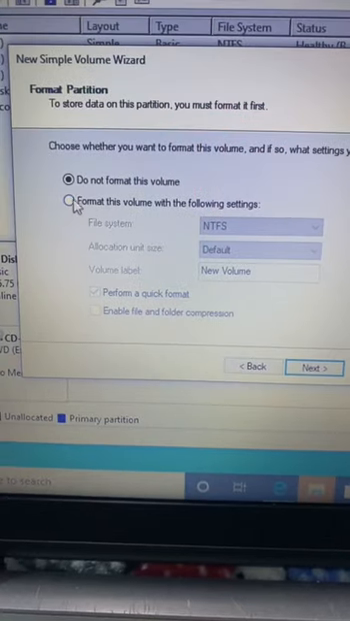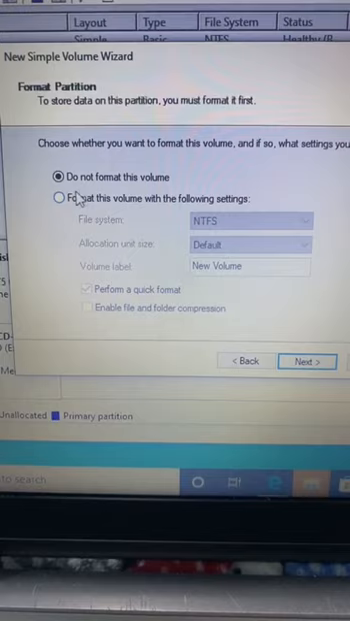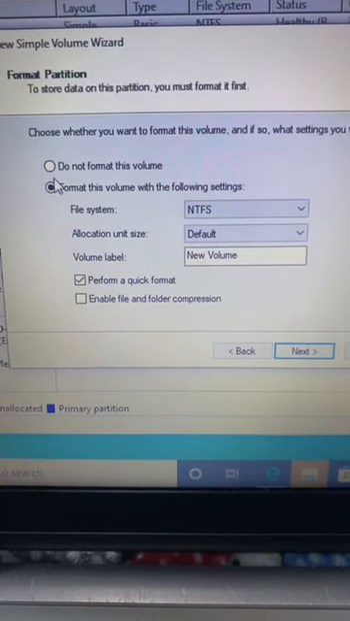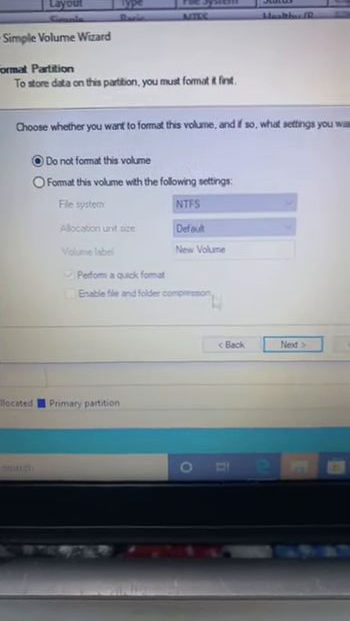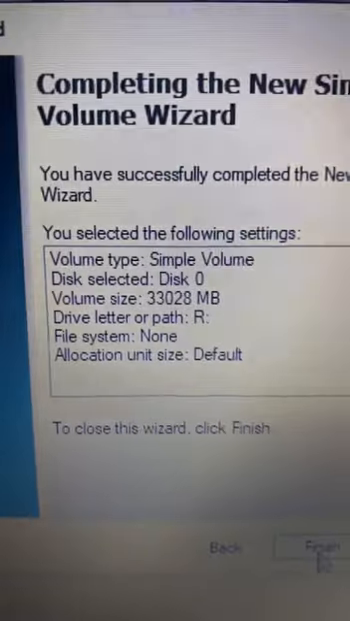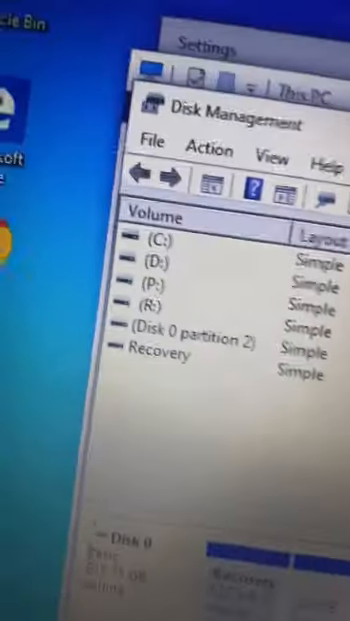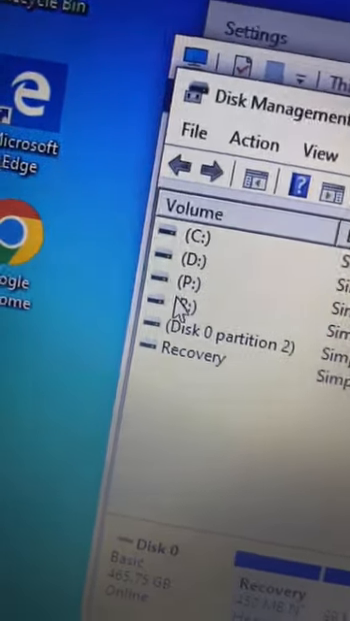Okay, in this step it will ask you if you want to format. If you format, you'll choose this, but I don't want to format. I will choose do not format this volume and next. Okay, and here we go, you have your new drive. This is details, and next, finish. Here we go, we got our drive ready,